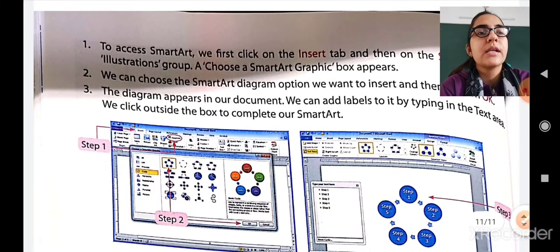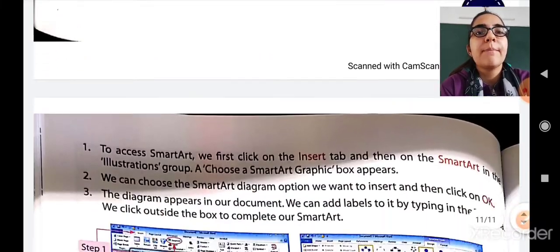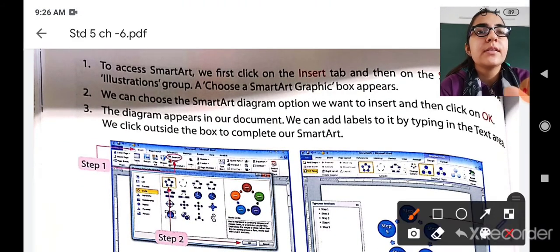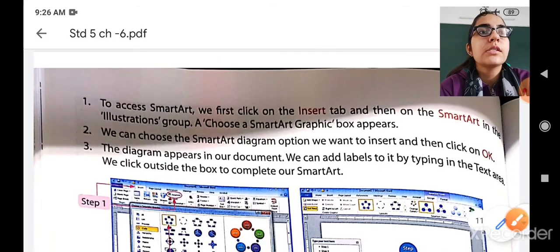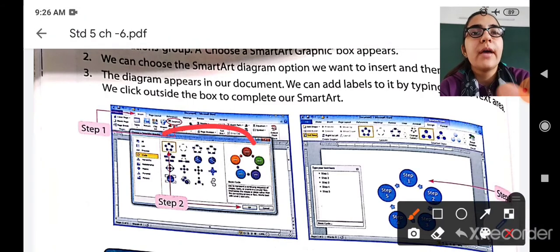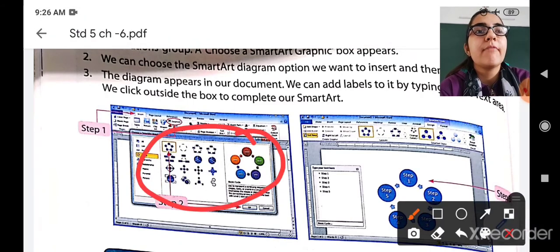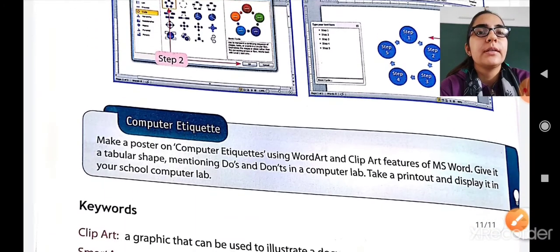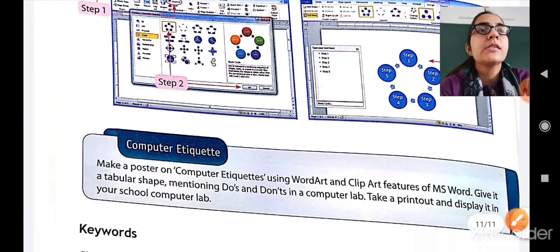So these are the steps given here. The first step is we have to click on the Insert tab that is available here. This is the Insert tab, and then you have to go to the Smart Art in the illustrations group, and then you will see that the list of diagrams will be there. You have to select the diagram which you want, and again left click using the mouse in the file or in the document where you want to place your diagram, and you will see that here your diagram will be inserted. So this is how you can add a smart art.